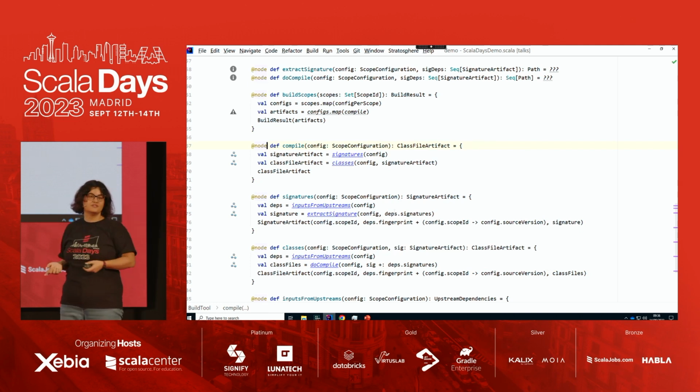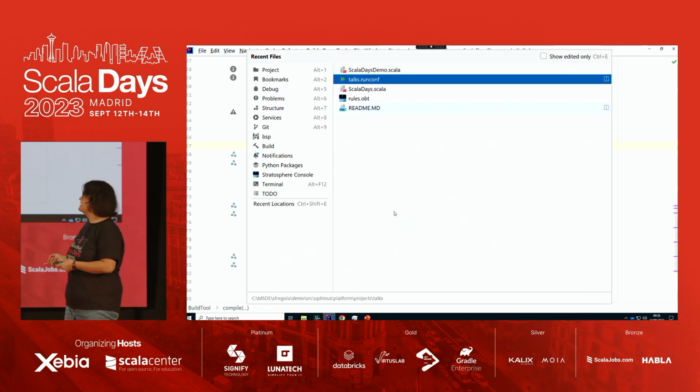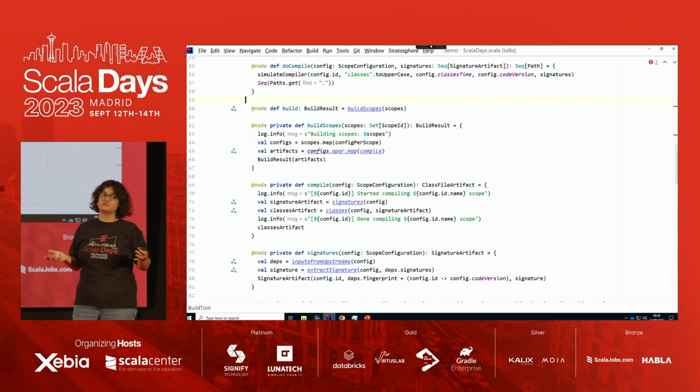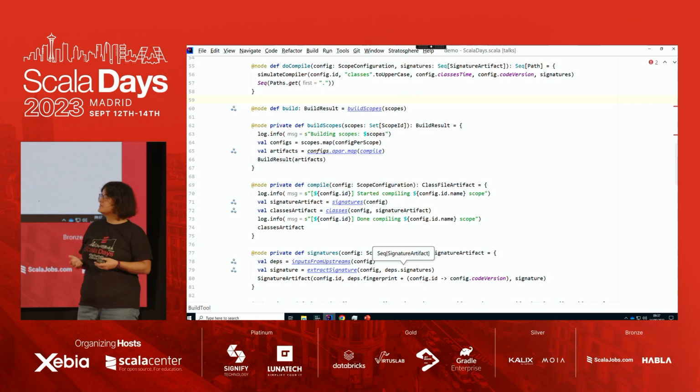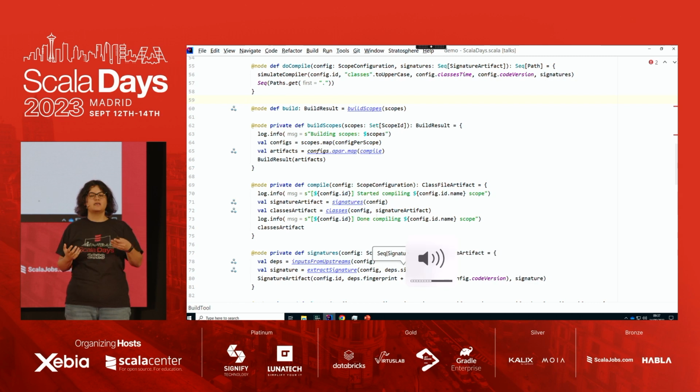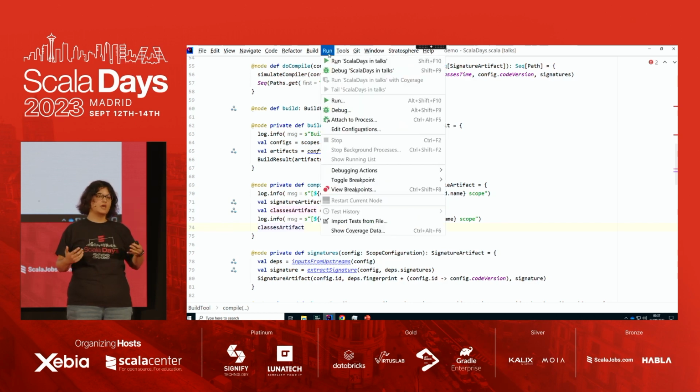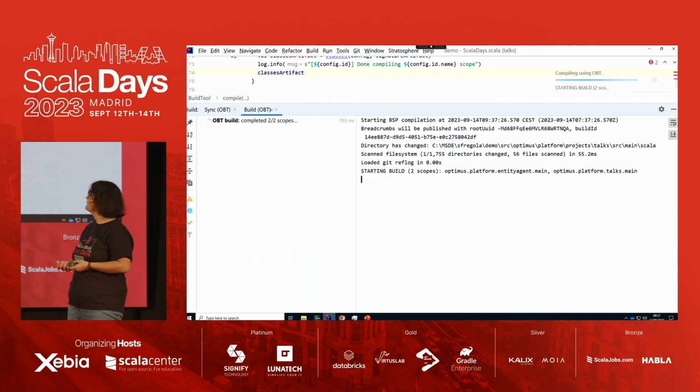So what we are going to do is run it now. We have copied and pasted this code, plus added some log statements, because otherwise it would not be obvious what our program does, and now we are going to run it. And what we are going to see is that we are going to try to compile the same structure that we saw a couple of slides ago, where we have our lovely developer, and she wants to build up 1 and up 2. They both depend on model and data, and model and data both depend on utils. And we are going to see what our program is doing.